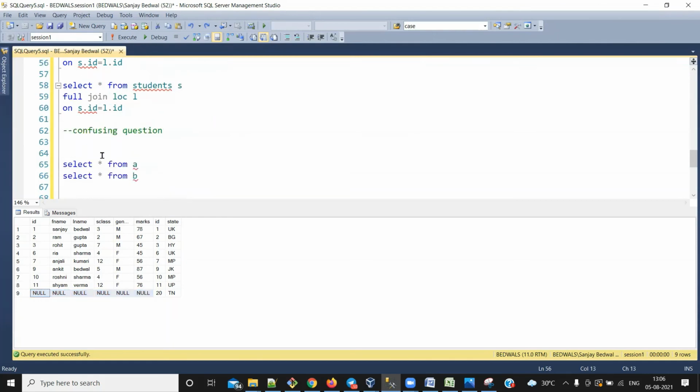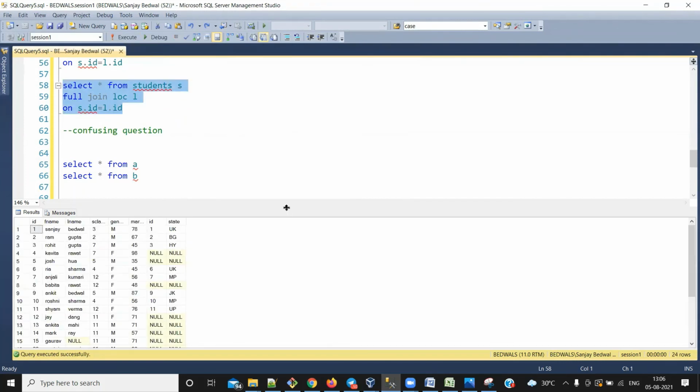Now let's say I have a requirement. I want every record from students also and LOC also, and I don't care whether we are getting a match or not, right? So in that case, you can just give full outer join and you will be able to receive records from both of the tables, right?